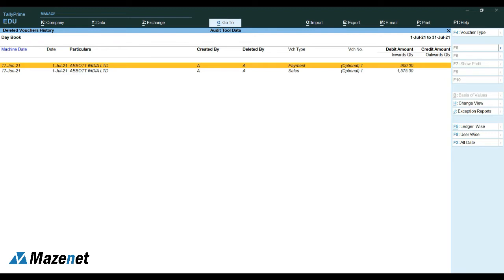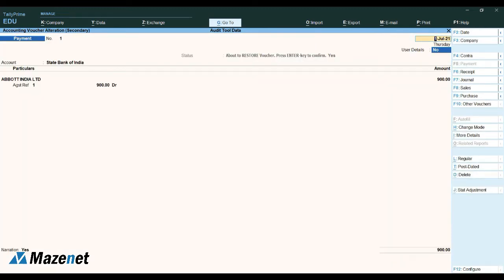It shows created by and deleted by, two options displayed here: who created this voucher and who deleted it. If the creator and deleter are the same, the name will be the same as shown here. It shows the type of voucher deleted, the voucher number, and the amount. Every detail is shown in the deleted voucher history so it can be used in future. You can click on it and save it for future use, or you can accidentally delete this voucher.